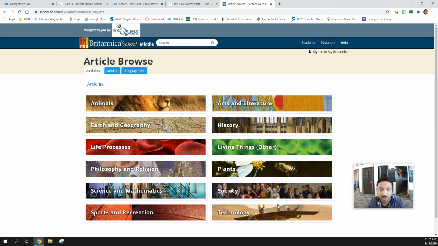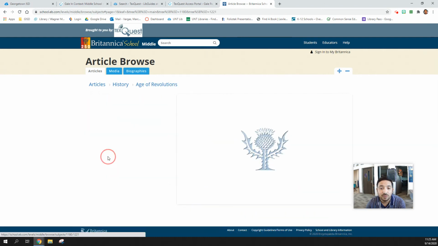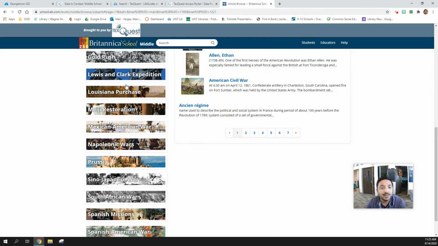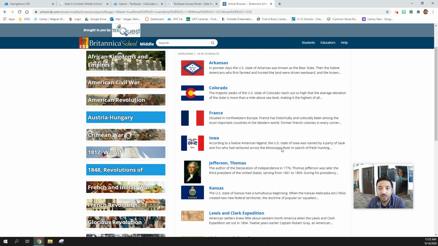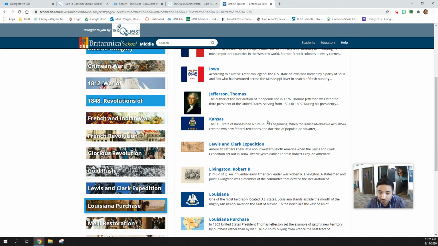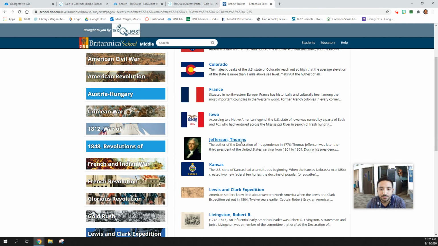For articles, same concept, where it gives me the topics that I can go through. And let's say I want to do history. I want to do the age of revolutions because we're studying revolutions. Now I want to do the Louisiana Purchase. And so here it displays all the things that there are. Font up, you can make it bigger. Font down, you can make it less. Again, unfortunately with this, I haven't found a way to share this particular page with